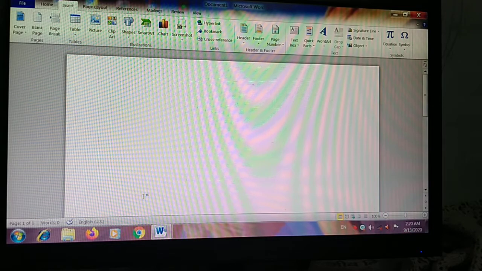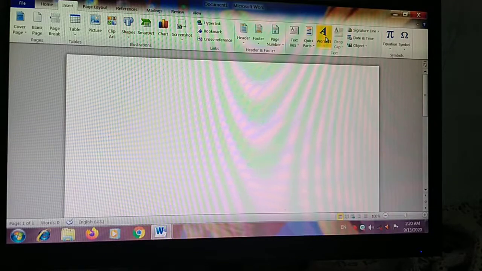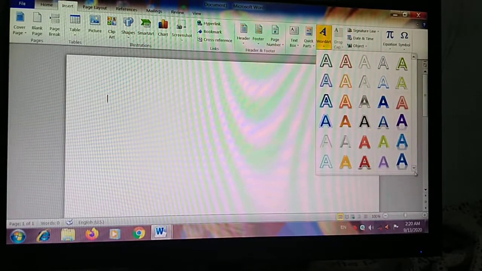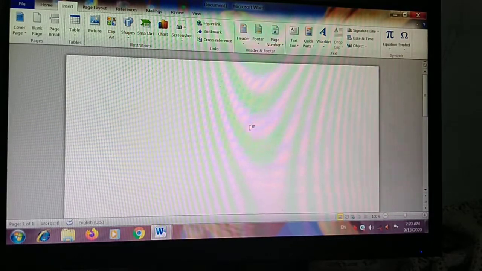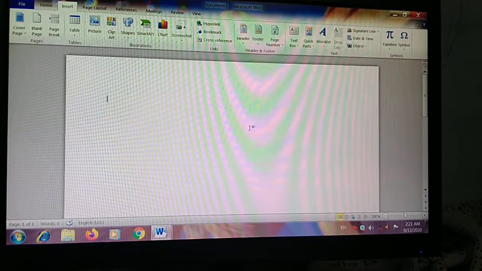After that, second topic is inserting word art. If you want to insert word art in your picture, then what you have to do, same process, click on insert tab, click on word art, and after that click on any one of the given styles. You clicked on the insert tab. After that you have to click on word art. This is your word art and you can see there are many styles given here and you can choose any one from here. Now a box, after that type your text, for example computer.